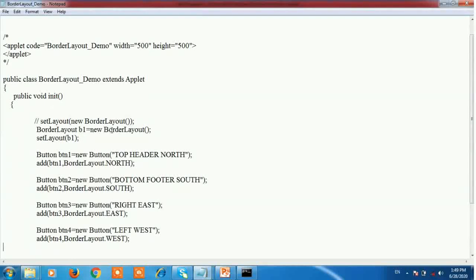BorderLayout b1 is equal to new BorderLayout. After that, the layout is set by using the setLayout method, and this takes a layout manager object.